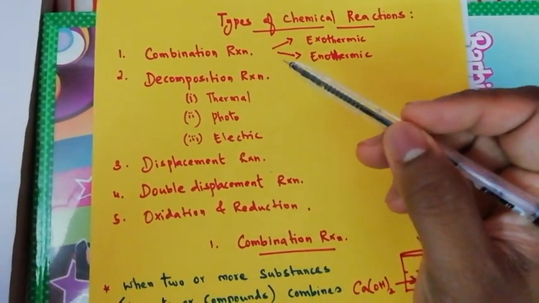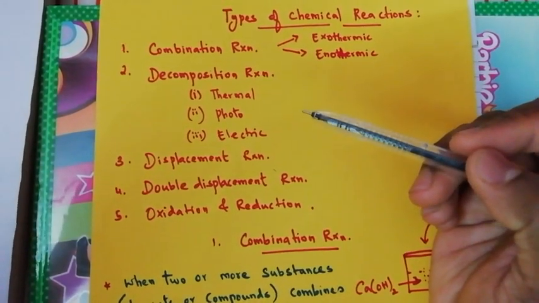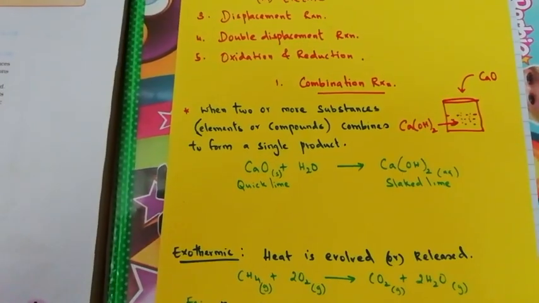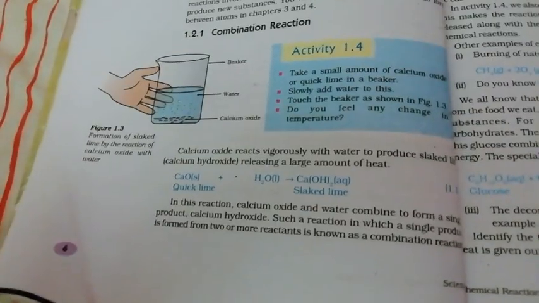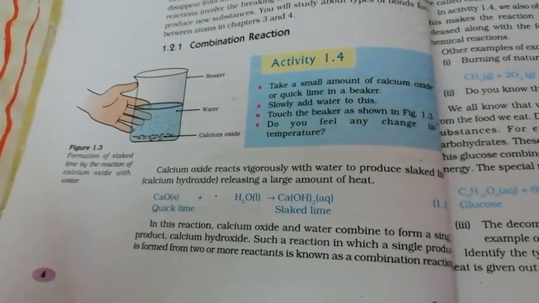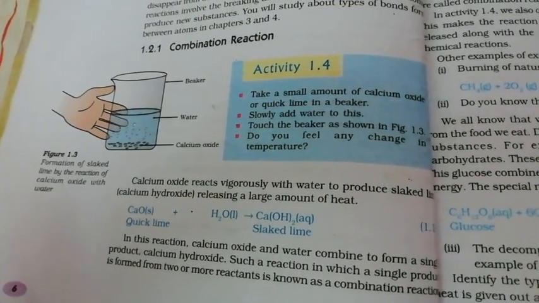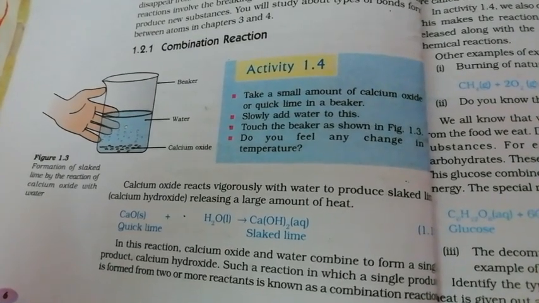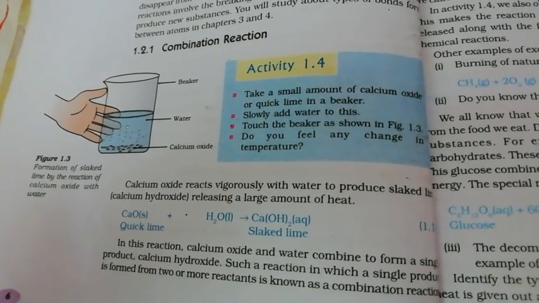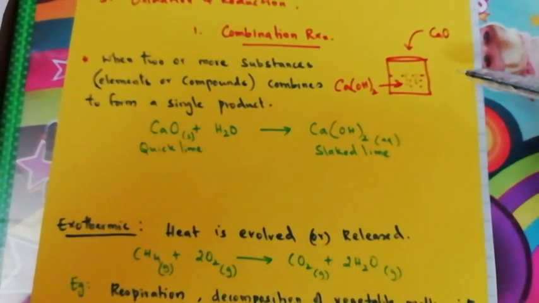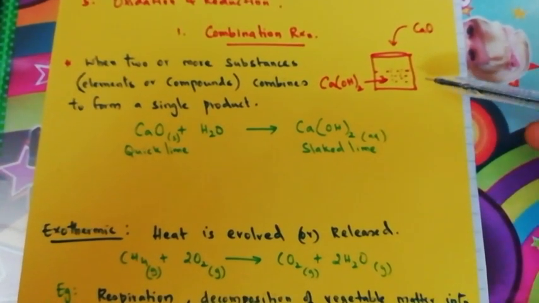Combination reaction. Let's go one by one so that we learn these topics easily. All of you take your book and turn to page number 6, 1.2.1 combination reaction, and there is an activity given there. You can look at that activity, and if you have time you can read it now or later. That activity says we should take a beaker and add some water in that